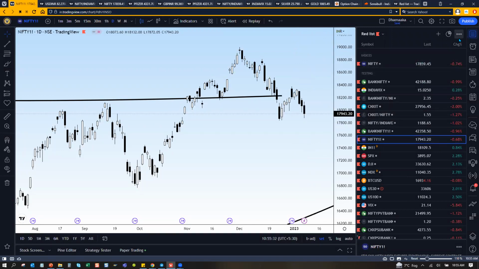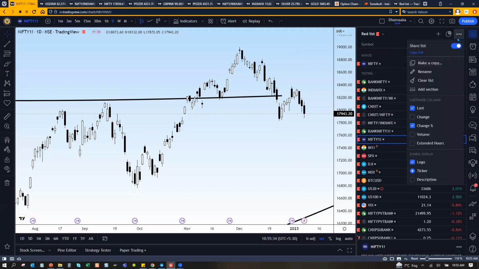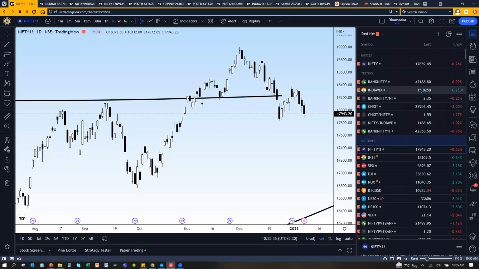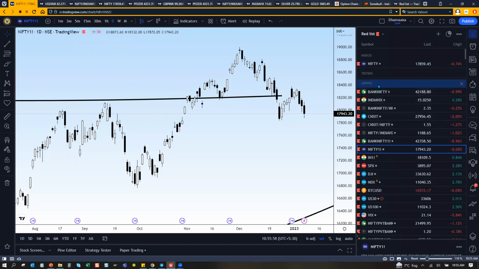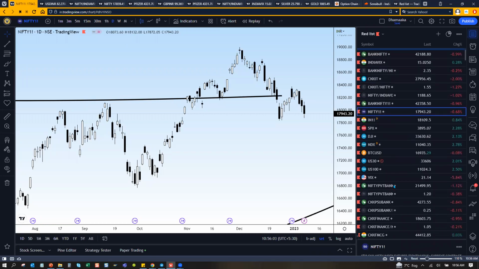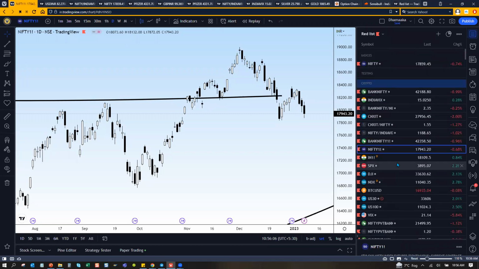So for example, you click on these 3 dots, add a section. Now here you want to add a section, you want to give a name, say crypto. Then whatever you add, stocks, it'll start adding below crypto. Then you can add another, and you can even move this up or down, play around with it. So add a section, then add stocks, add a section, then add currencies, add a section, then add crypto, and so on.